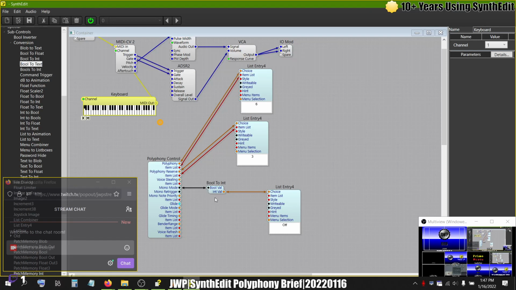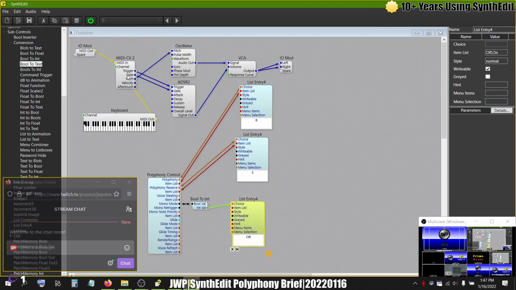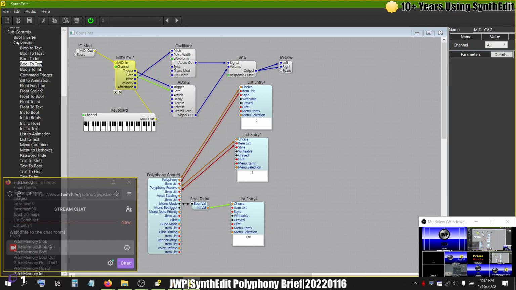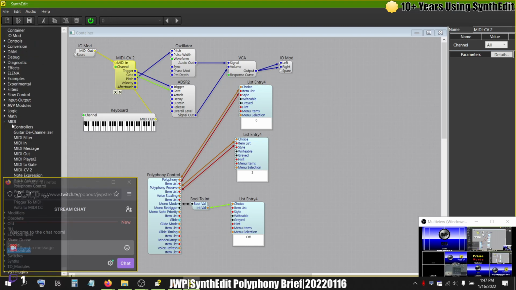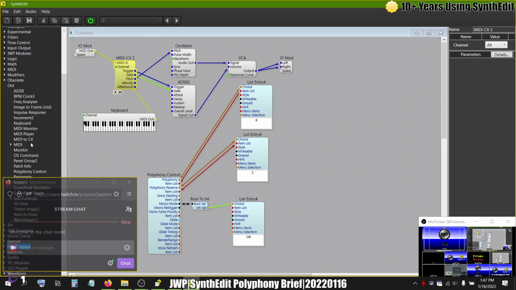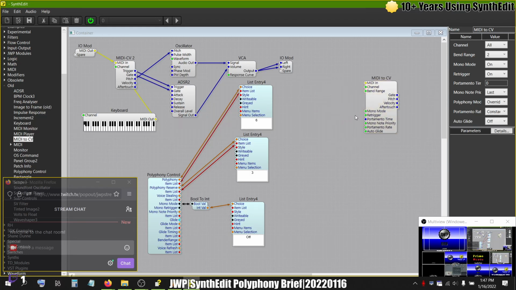Alright, so it works. So that's how to get into mono mode, as opposed to how the manual says that it's part of the MIDI to CV, which is not true. It was once part of the old MIDI to CV. As we can see here, this is what it's talking about. Mono mode is there. And as we also see, this is a DSP, which can respond live to automation,